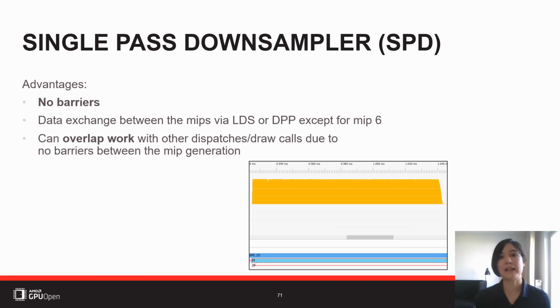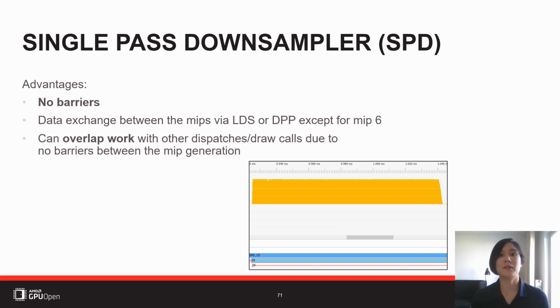If you look at the RGP capture of this approach, you'll notice obviously it's just one single pass. We don't have barriers in between anymore. The end part where we really have low occupancy is greatly reduced. This small tiny part is about, I think, 2% of the whole pass. This is where the last active thread group is computing the remaining 6 MIPs, and you see it's really, really short. We don't have these barriers in between anymore, which made it considerably longer. It's really just a small part of the whole computation pass.